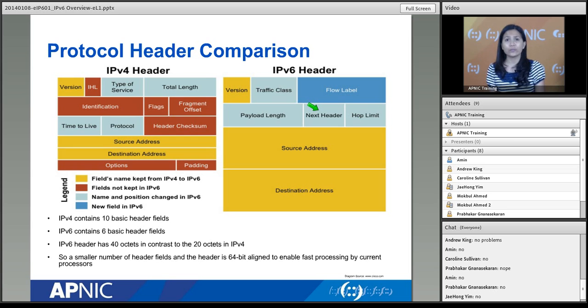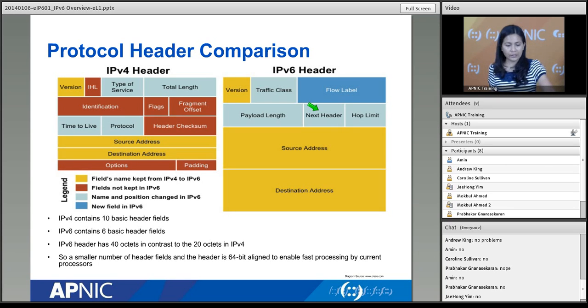What else? Next header is a new thing. We said that we've eliminated a lot of things here and we will add them onto what we call an extension header. So we have the next header field to point to us what the next header will be. So is the next header an extension header? If so, is it a fragmentation header, an options header, maybe an IPsec header, things like that? Or is it your TCP header, which means that what follows is already your payload and nothing else? Okay, so that's the purpose of your next header field.